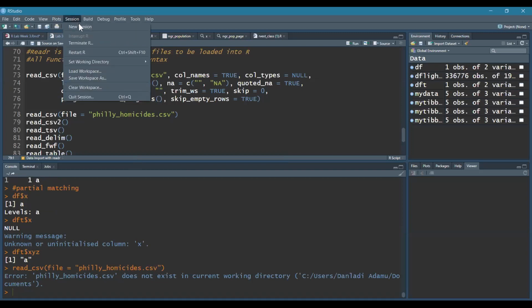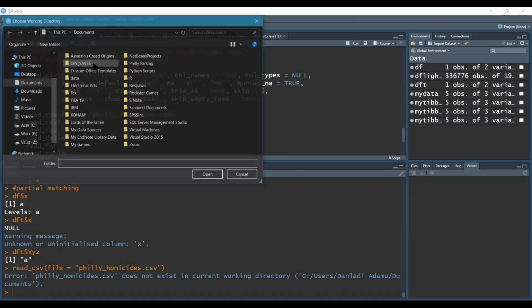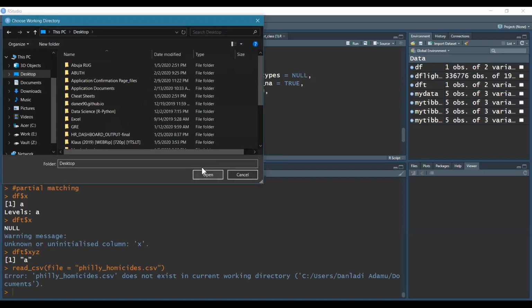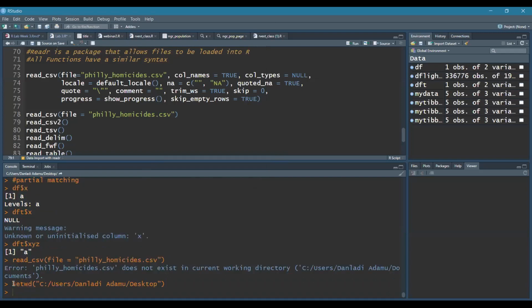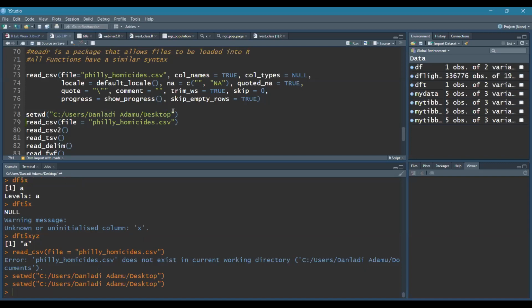One is to set my working directory by clicking here, choosing directory, and then picking the folder in question I want to use. Or you can type the code directly. The function to set your working directory is called setwd, and then you type in the full path to the folder you want to use as your working directory. So once that is done, when you try to read in files, RStudio will go to that folder you've specified and try to